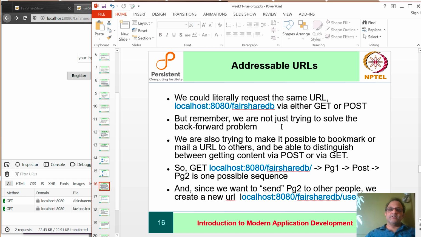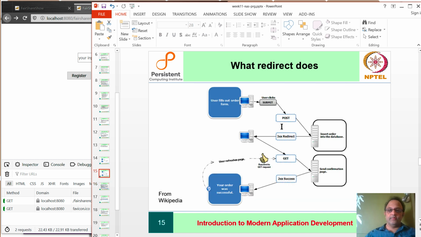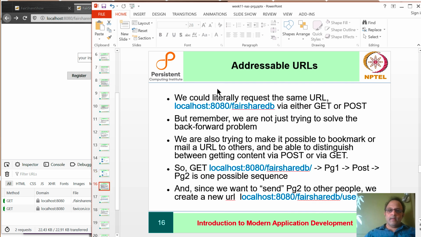The next question is, what URL should the GET ask to retrieve? Because here, it doesn't say after the 3xx redirect what URL you are supposed to retrieve. It just says redirection to any URL is possible. And we could literally request the same URL using the method GET versus the method POST.